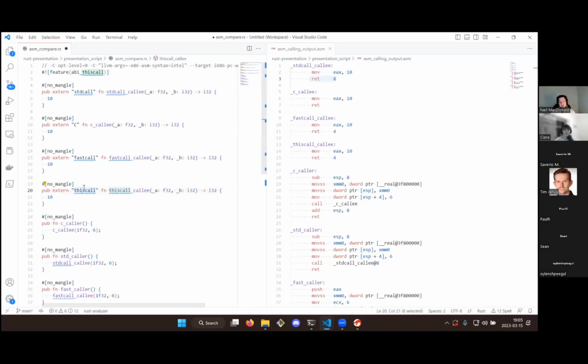Why would you ever need a C++ specific calling convention for 32-bit systems? You don't get this in 64-bit anymore. But,